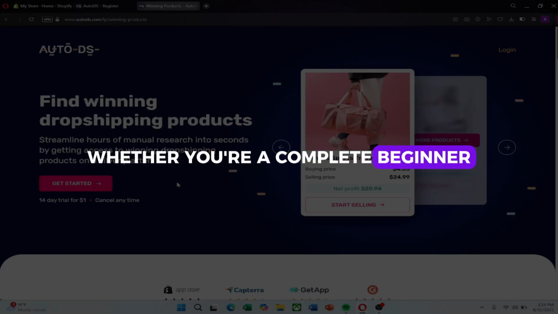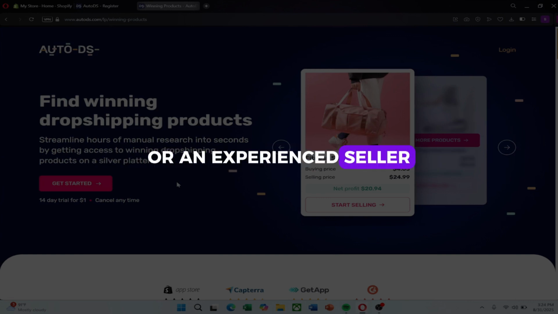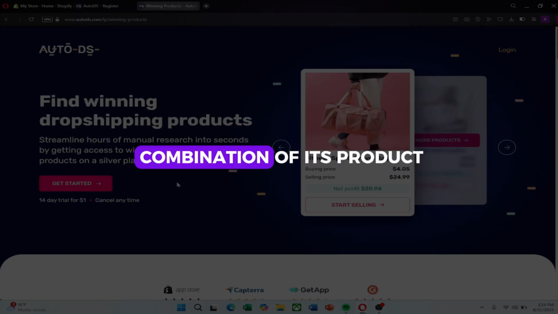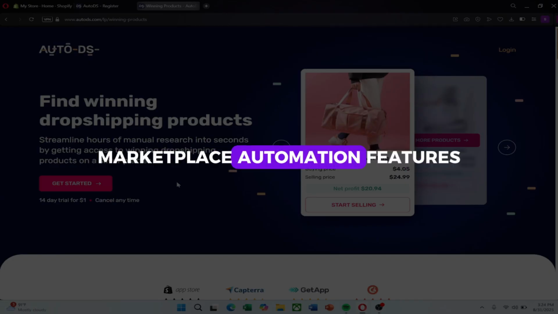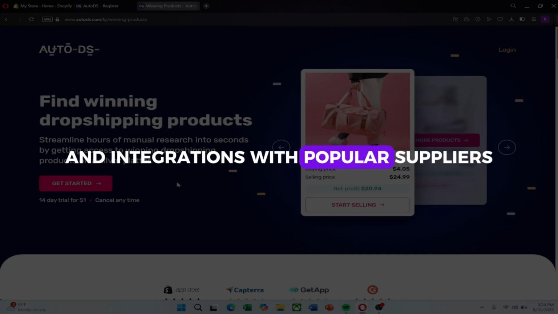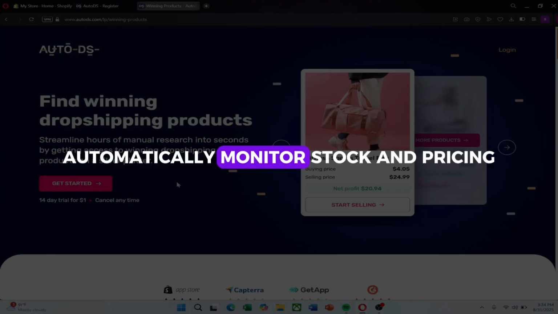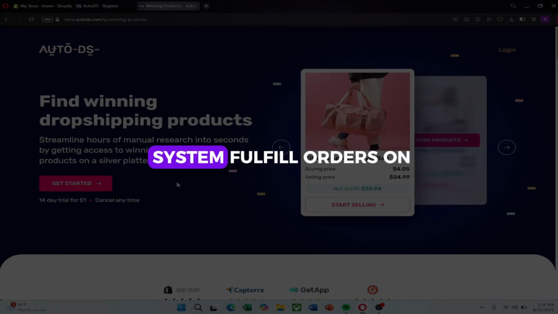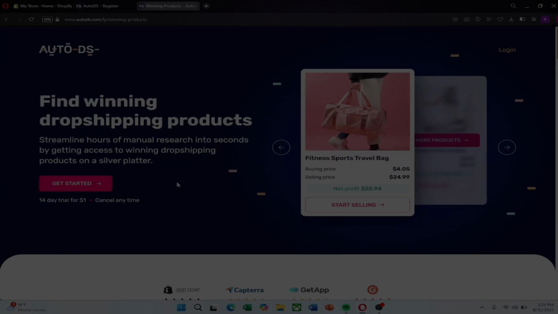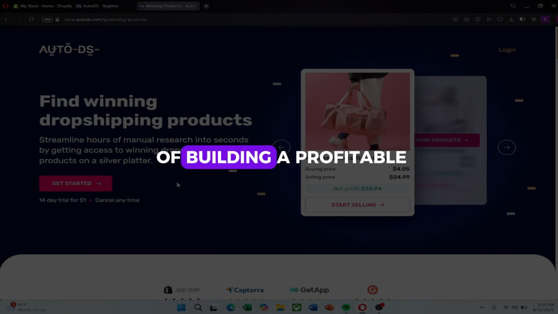Whether you're a complete beginner just starting out or an experienced seller looking to scale, AutoDS gives you the tools you need to run a smooth operation with Shopify. What makes AutoDS especially powerful is the combination of its product marketplace, automation features, and integrations with popular suppliers like AliExpress, Amazon, and many more. You can import products in just a few clicks, automatically monitor stock and pricing, and even let the system fulfill orders on your behalf. With these tools, you reduce errors, save time, and increase your chances of building a profitable